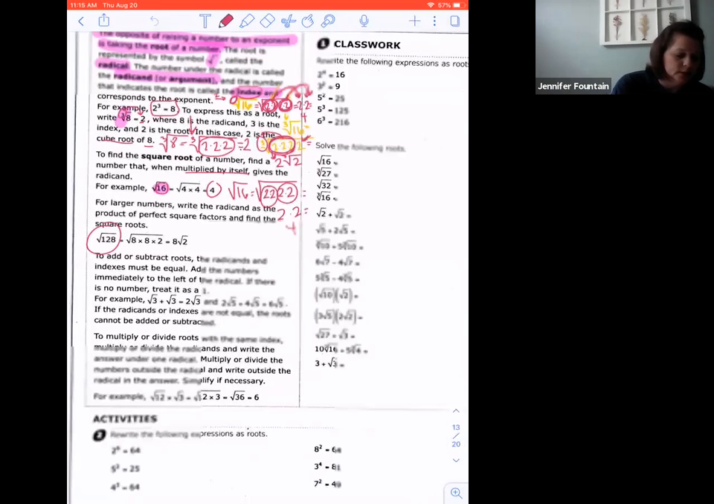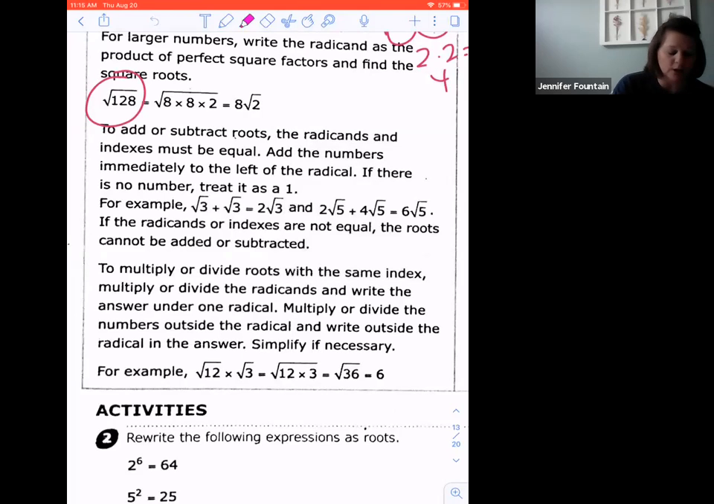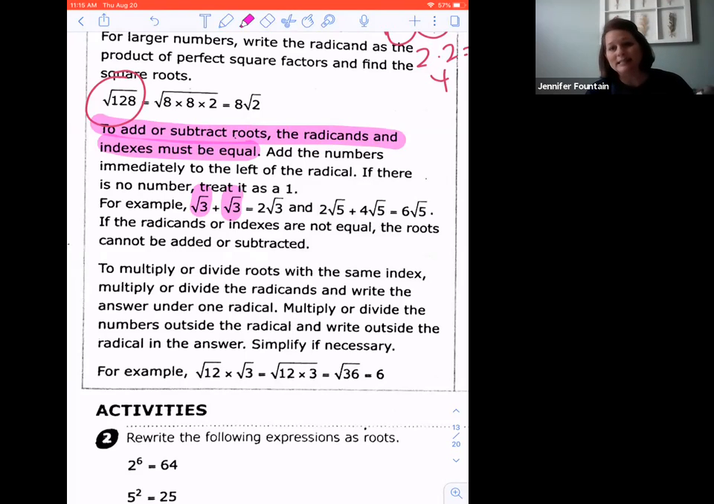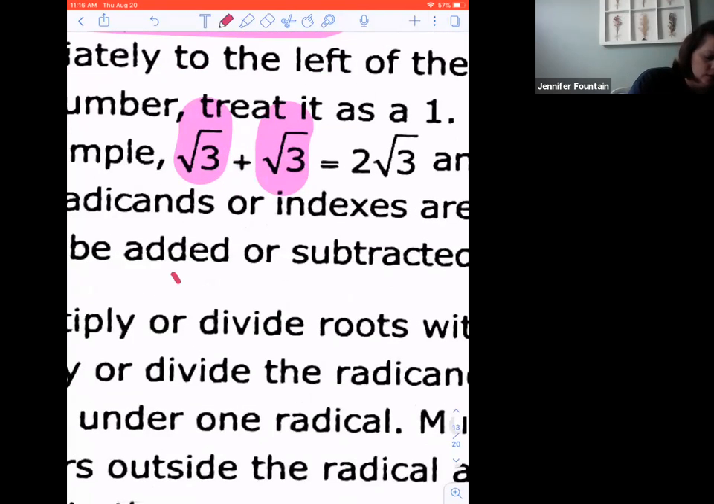All right, so the next thing is talking about adding and subtracting roots. To add or subtract roots, the radicands and indexes must be equal. So when I look at the square root of 3 and the square root of 3, the indexes are the same. Neither are written, so I understand that they are 2. And my radicand is 3 in both of them, so they are identical. So when I have the square root of 3 plus the square root of 3,